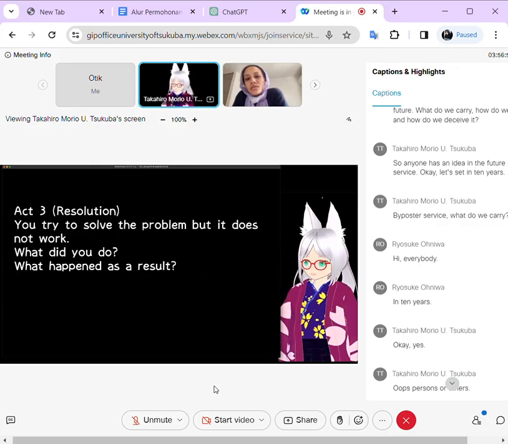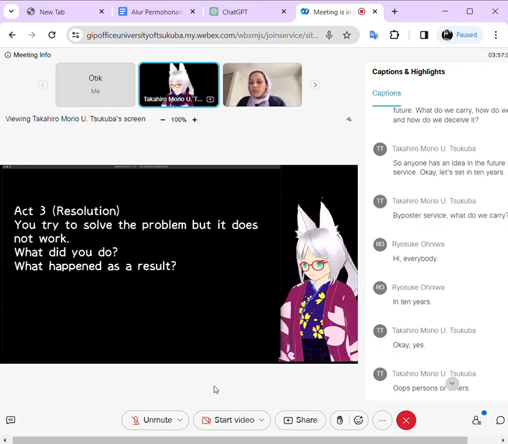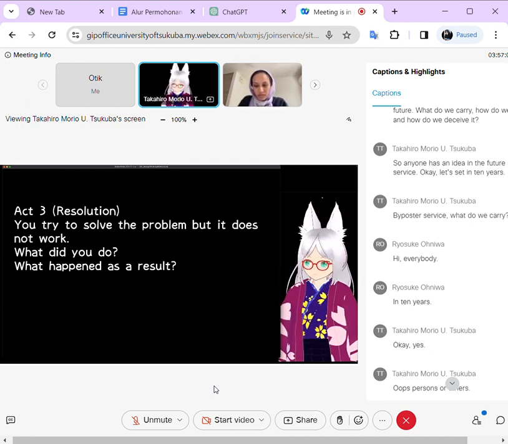And finally, Act 3, the resolution. You try to solve the problem, but it does not work. So what did you do? So it's a climax, the final fight. And after the final fight, what happened as a result? So this is the end of the story. So please